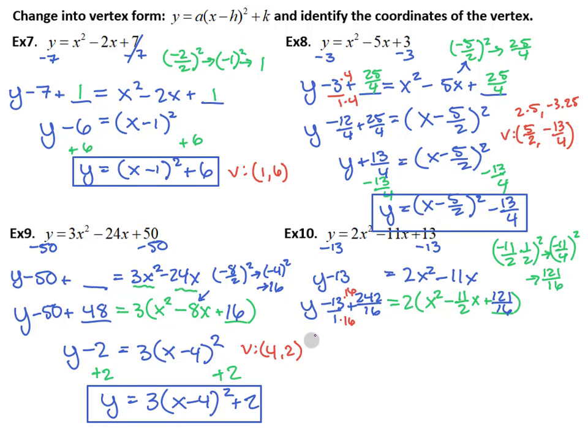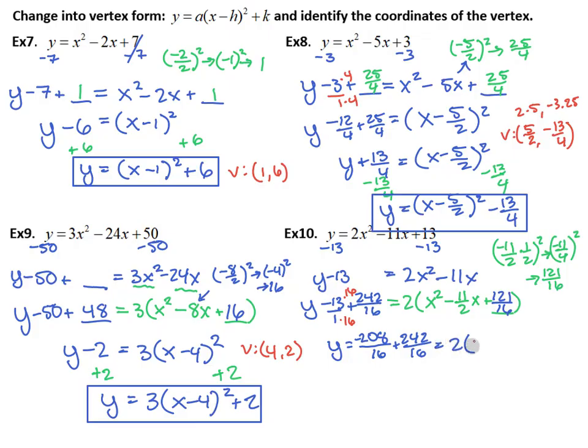You guys all have that one memorized, right? Totally not going to pause the video and use a calculator here. Okay, 13 times 16 is 208. I don't know, I guess pausing the video didn't work there. Negative 208 sixteenths plus 242 sixteenths